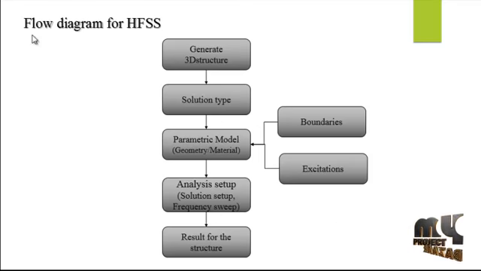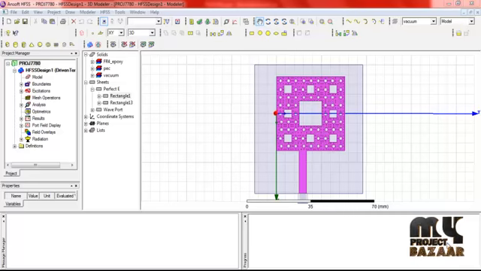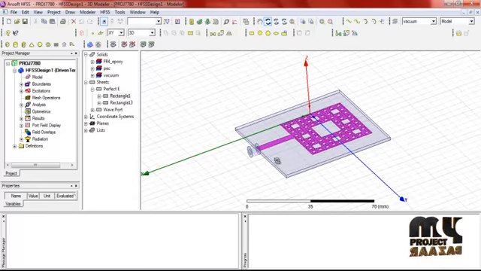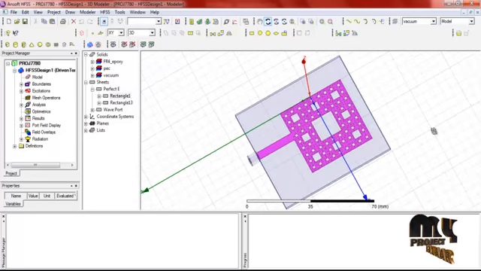So this is the overall flow diagram of the HFSS software. Now let us discuss the running procedure for the process. So this is the HFSS window. Here we are using this 3D axis. We can use the design, whatever it may be. The design should be easy to draw by using the